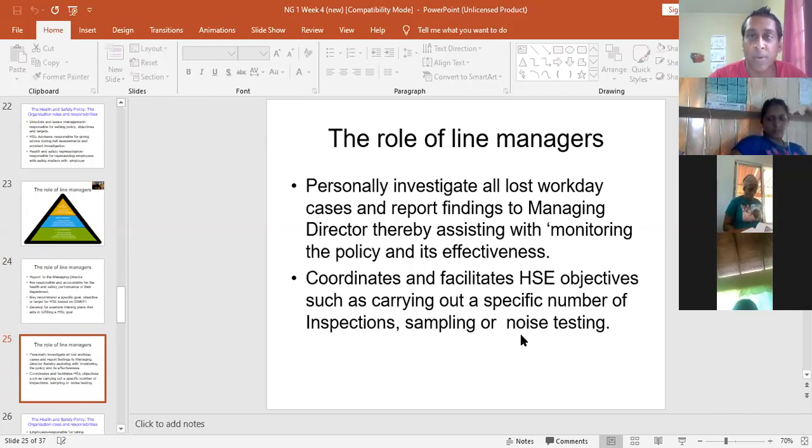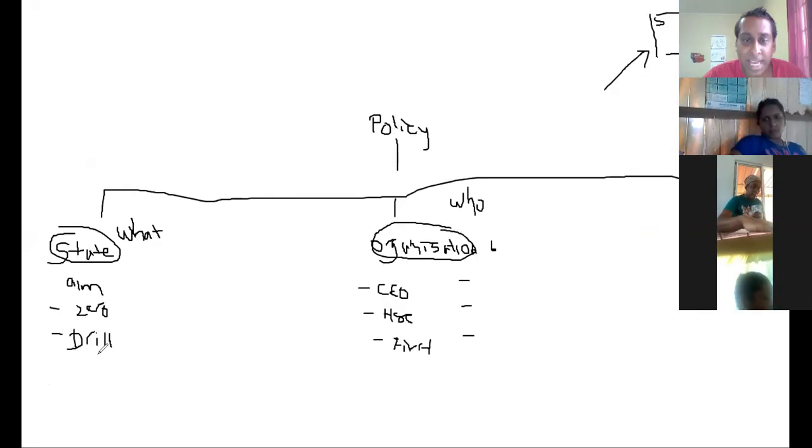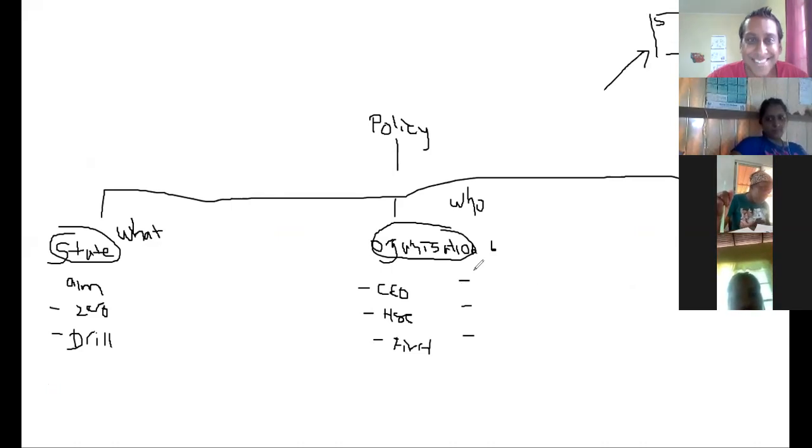I wonder if you could add, oh good, the whiteboard is there. Could anybody add another who for me? I have 3 there. Who do you think should be responsible for these things? We just saw some anyway. Anyone? If we had to get 6 more who's, but I just want to take 1 or 2 more. Well, not really 6 more, but maybe 3 more, right? Anybody again responsible for?